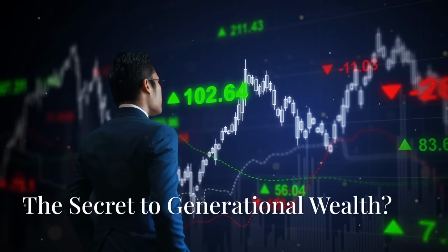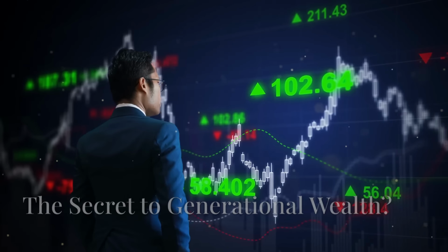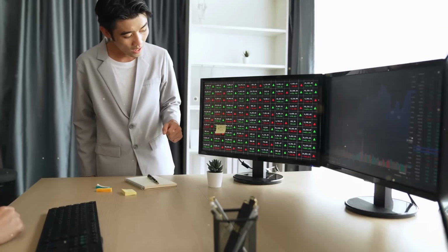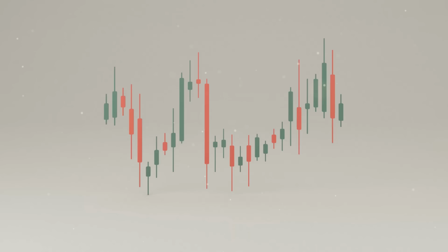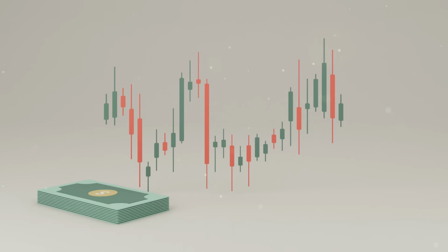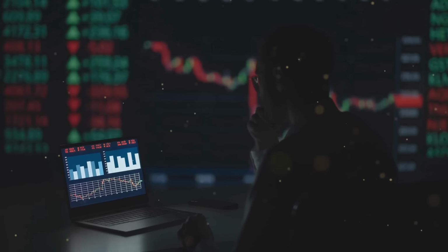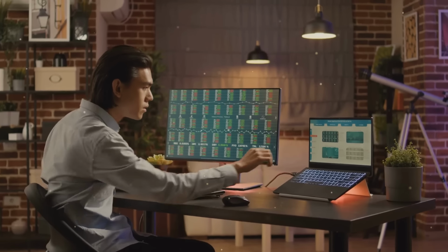What if the secret to building a $1 million portfolio isn't chasing hot stocks, but finding overlooked companies with unbeatable advantages? These are wide moat stocks, a term made famous by Warren Buffett, and today I'll reveal two that are trading at a discount. These titans quietly compound wealth for investors who know where to look. We'll break down what makes these stocks special, why they're undervalued, and how a small investment could grow into a